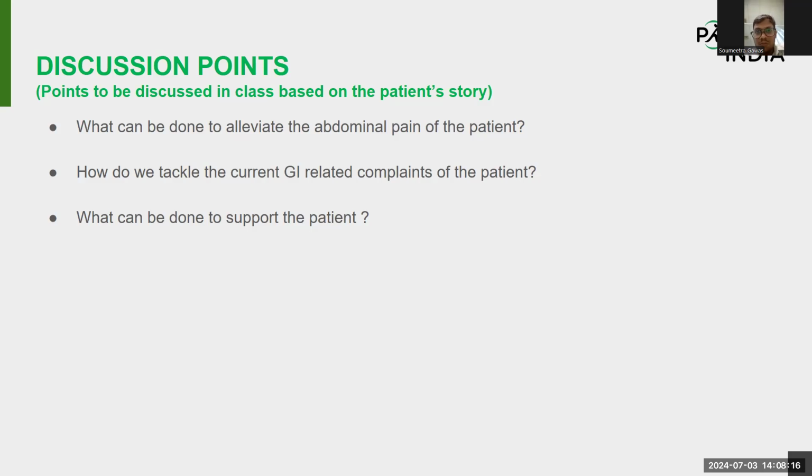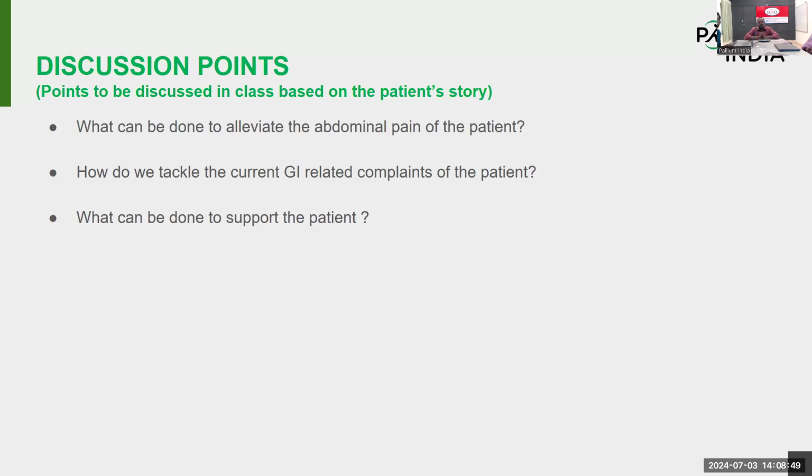Thank you. So we have a 56-year-old woman who is diagnosed with carcinoma of the ovary, who underwent neoadjuvant chemoradiotherapy in 2020. Later she presented with abdominal pain, which is colicky in nature, along with constipation, nausea, and vomiting.